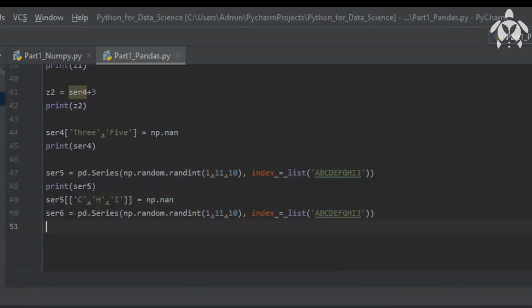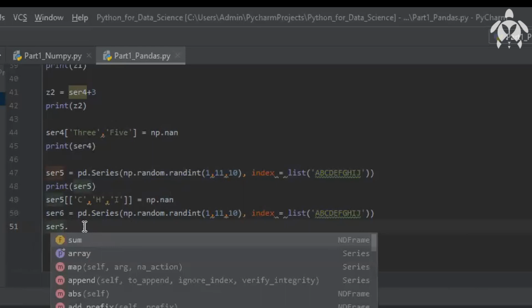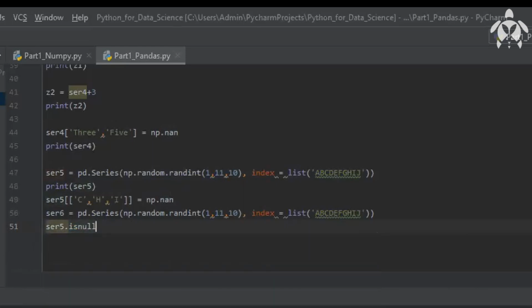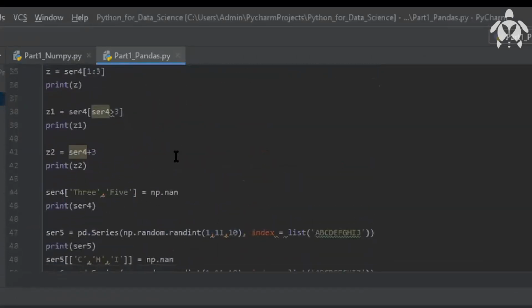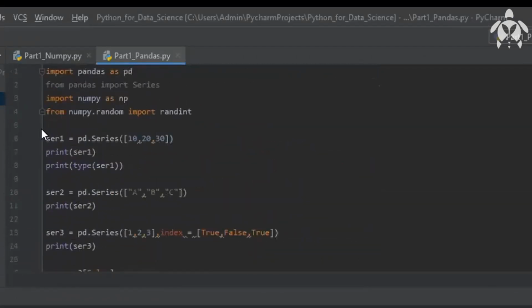Okay. And one more thing, we can check which values are null values. To check, just write the series name and then .isnull(). That's it. One second, let me put this in a comment.